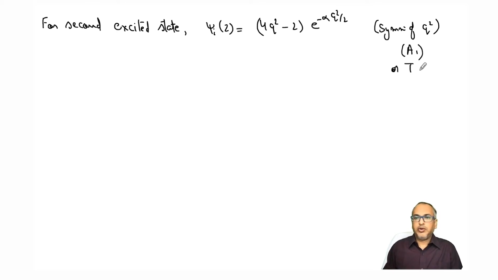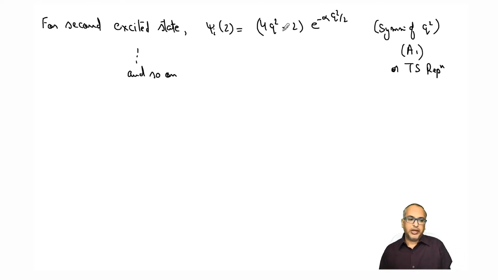Or totally symmetric representation. Similarly, if you go to the third excited state, you will again see that it will be forming the symmetry of Q alone, right? So the symmetry of Q will again be equal to the symmetry of the normal coordinate or normal mode, right? So I can say, and so on. So every alternate excited state will have the symmetry of the totally symmetric representation, and every other alternate will have the symmetry of Q. Okay, that we can say. Because it is following the symmetry of Hermite polynomials, which are even, odd, and so on, right? So now we know the symmetry of the ground state, we know the symmetry of the excited state.